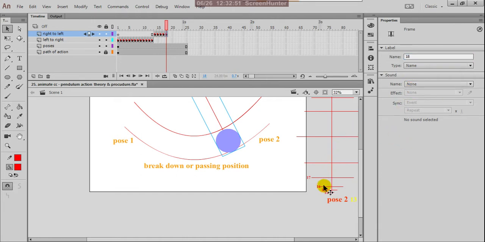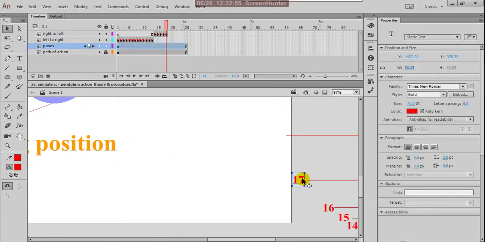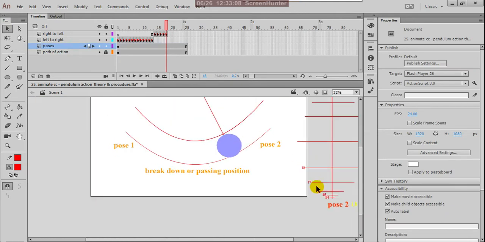At the ladder area also you can give the name by duplicating that. This is 18.